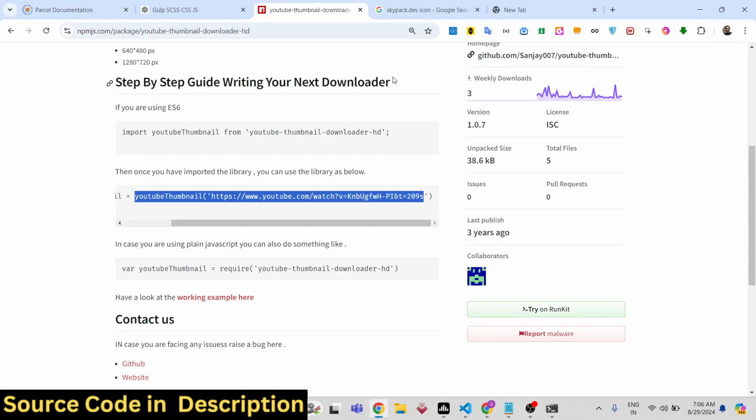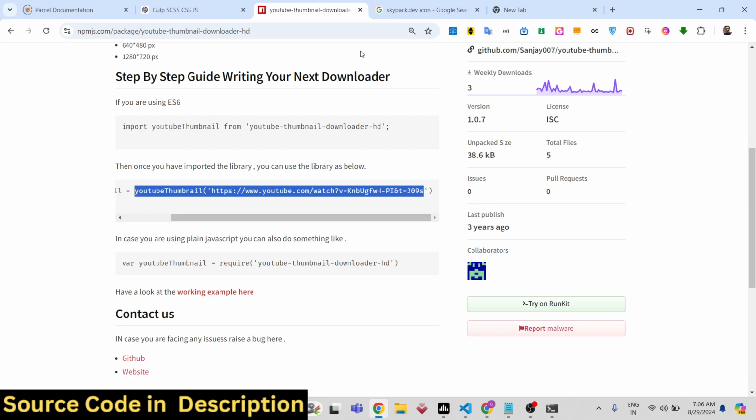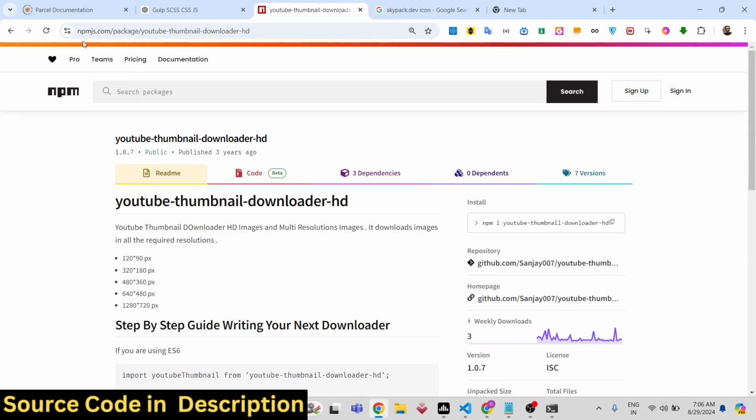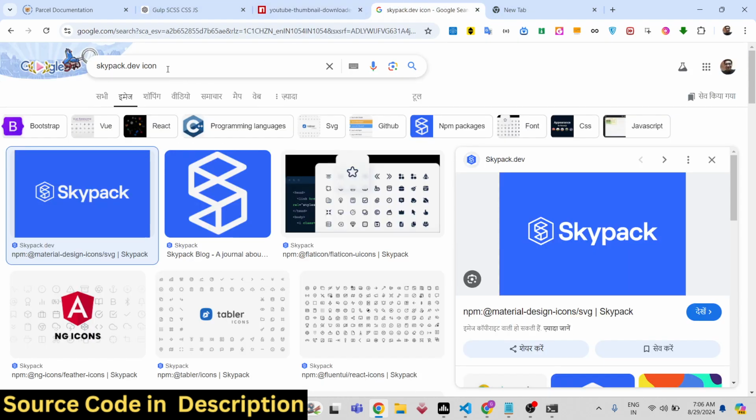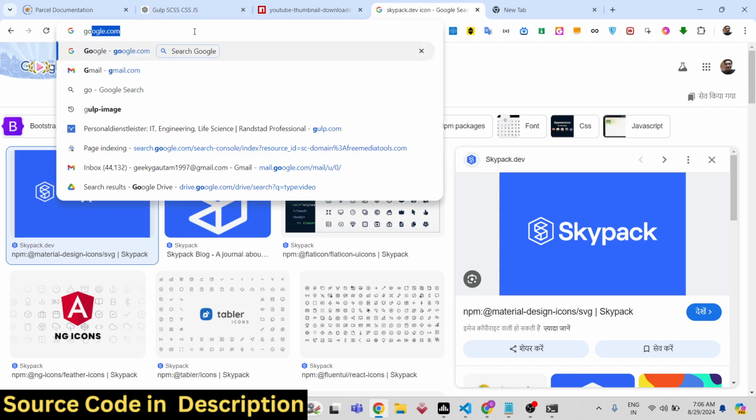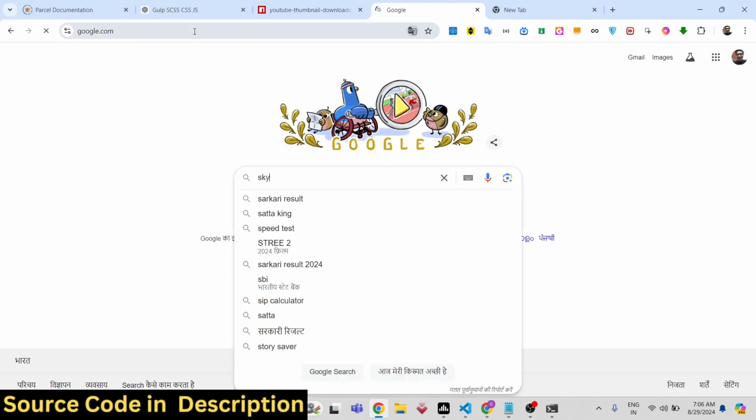So in this video I will show you an alternative to Node Package Manager, which is npmjs.com, where you use third-party Node.js modules to build out web applications. There is an alternative website to npmjs. You may say it's a great alternative. The name of the website is skypack.dev. So if you directly type skypack.dev on Google,